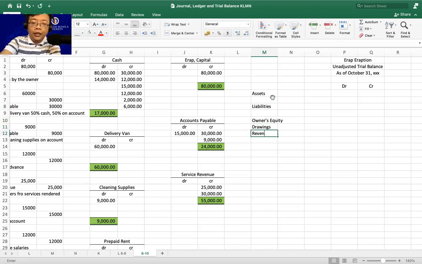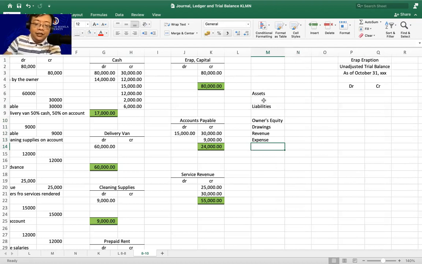Followed by our revenue and also our expenses. As discussed last time, the assets should be in order of what? Liquidity. Meaning, the ability to convert your assets into cash. Of course, the first asset is cash. Liabilities, of course, are ordered by the date of maturity. This is our discussion last time. Alright, so we can begin now.